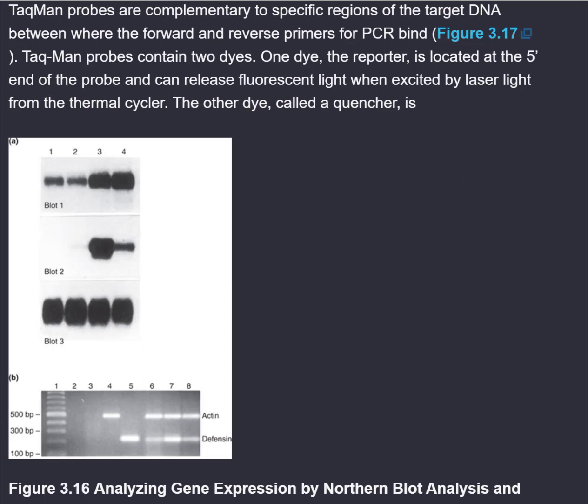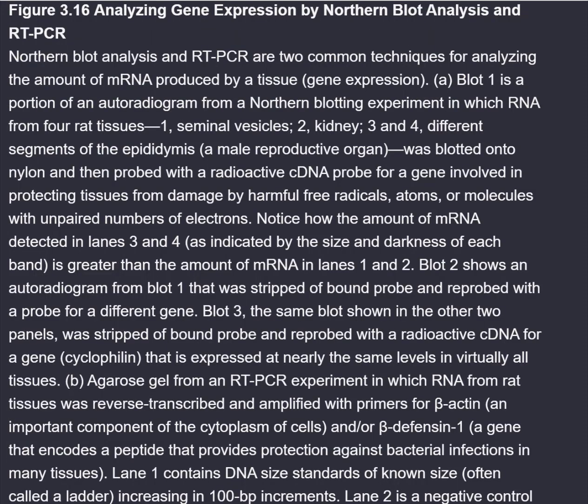TaqMan probes are complementary to specific regions of the target DNA between where the forward and reverse primers for PCR bind, Figure 3.17. TaqMan probes contain two dyes. One dye, the reporter, is located at the 5' end of the probe and can release fluorescent light when excited by laser light from the thermal cycler. The other dye, called a quencher, is